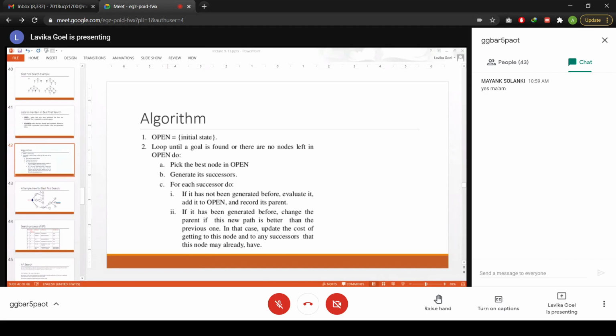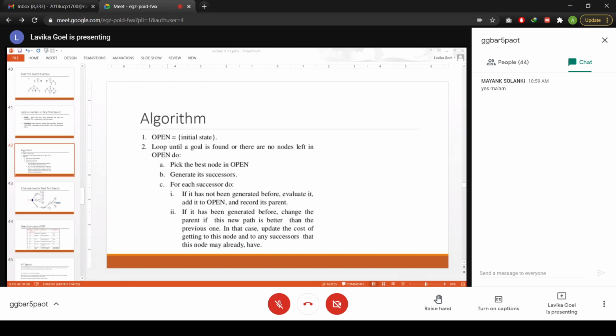Basically, the closed list is used for checking for a duplicate node, because if a particular successor was already generated before, we have to find out whether it was generated before or not. It could be generated as well as expanded, or the other option is that it could be only a generated node.